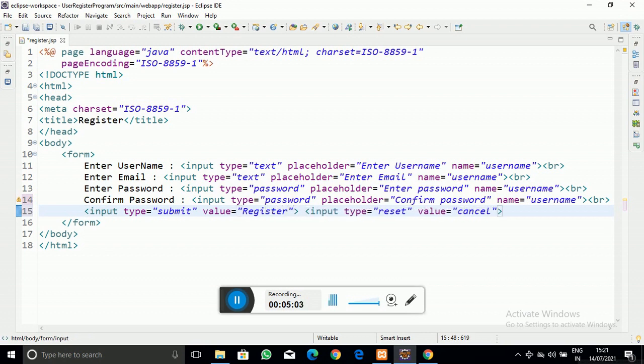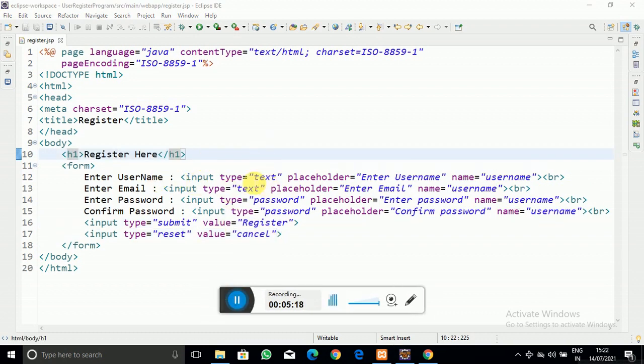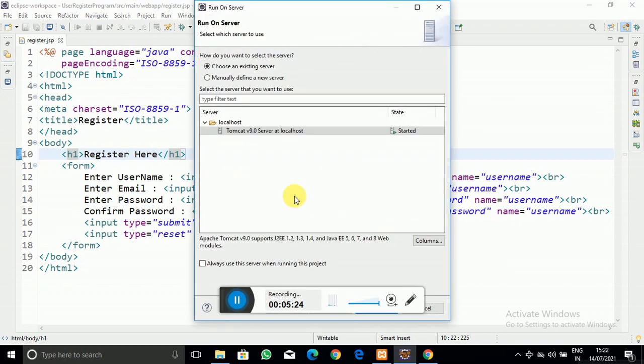Okay, now our simple form is going to be created successfully. Let's try to run this page and see how it looks, and then we will proceed. So as you know, to run this program you have to right click on the file and click on run as, run on server.